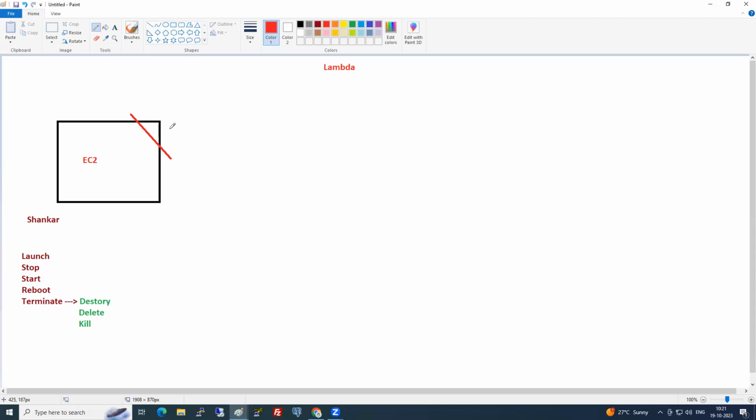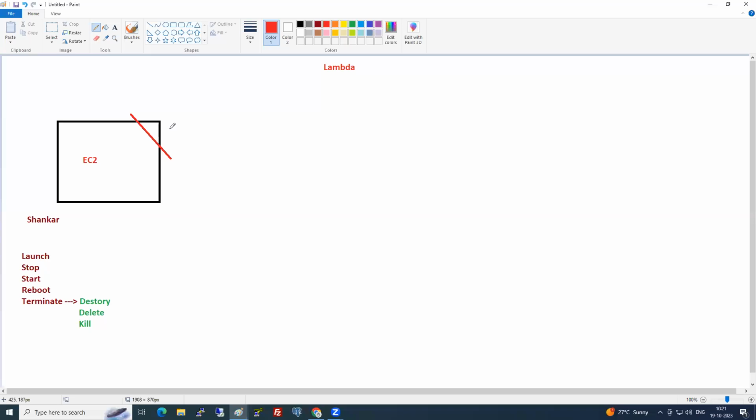That's why I said it supports Python, Java, .NET, Ruby, Node, whichever you are comfortable with, Lambda will support everything. So I created a small Lambda function in Python. I wrote code to terminate the EC2 instance. I created a Lambda function which has code to terminate the EC2 instance.